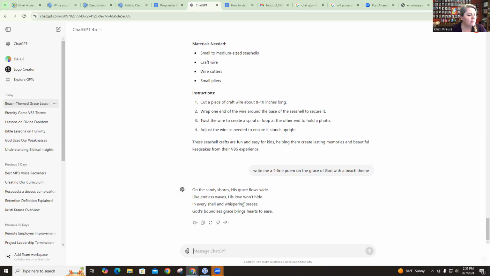Like endless waves, his love won't hide. In every shell and whispering breeze, God's boundless grace brings hearts to ease. Okay, so do you see how in a second, all of a sudden I have a poem? So it's gonna feel like cheating, but everyone's using this lane that's now making everything faster. So we are going to use this lane.